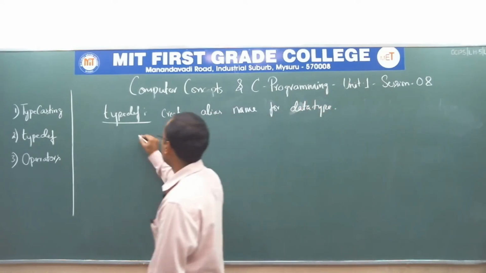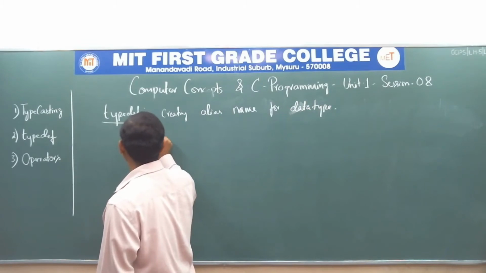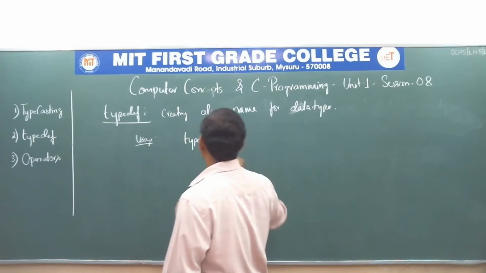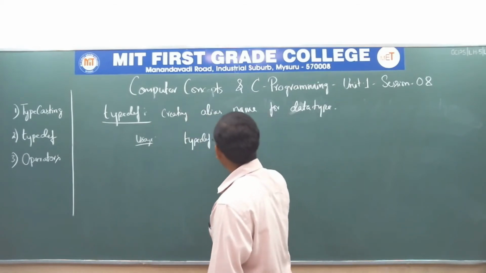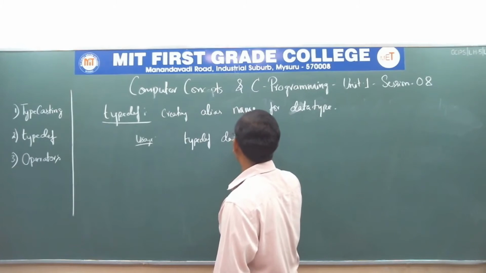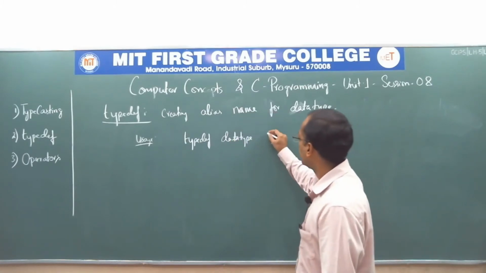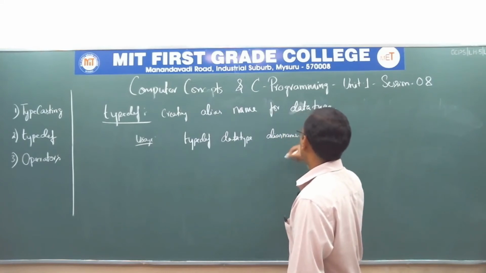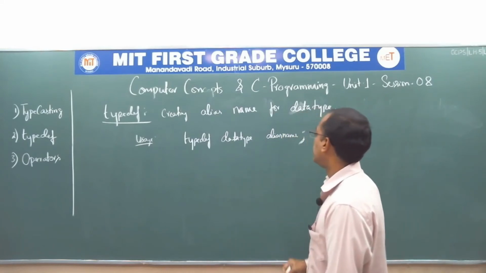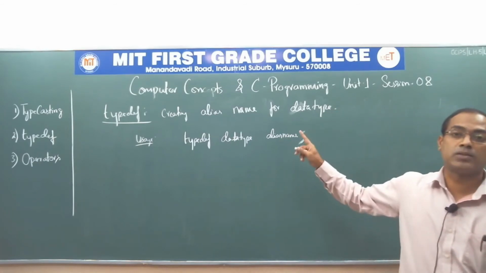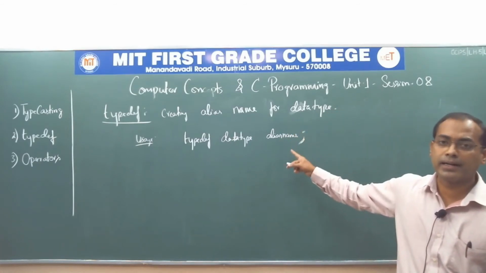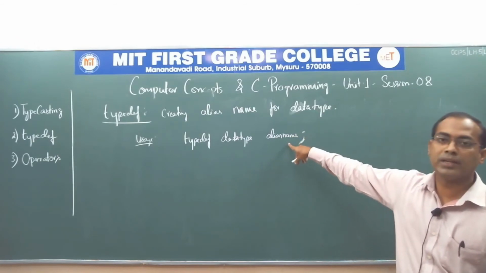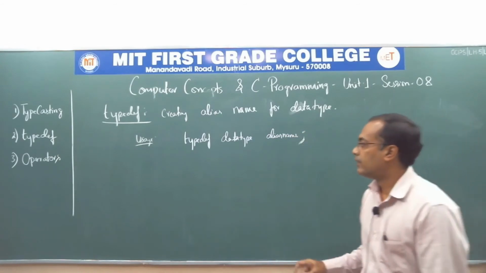Okay, so what is the usage for this or the syntax? Typedef is the keyword, and then the data type you want to change, then give an alias name, and here you are going to write the alias name. Okay, so students, you need to remember alias name is also an example for identifier, and you have to follow the rules of the identifier while giving the name for this alias name. We'll take one example.